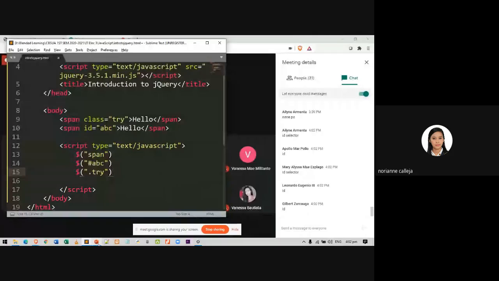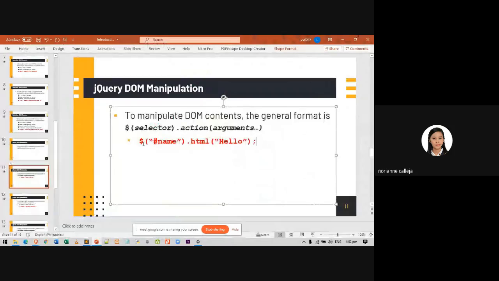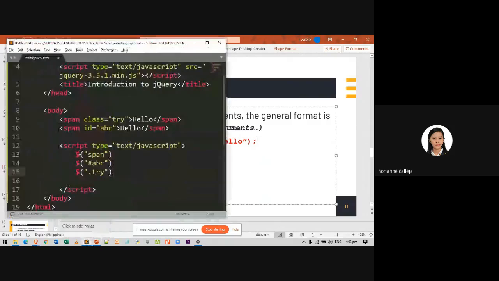So I will be putting it in our code. Then please notice the output. I will be removing this, then I will be using this part of our code. So I have here ID ABC, and I will apply that manipulation. So I will be selecting ID, which is hash ABC, followed by HTML.